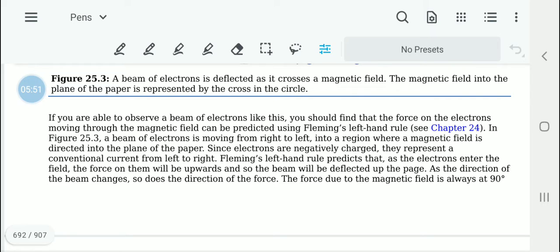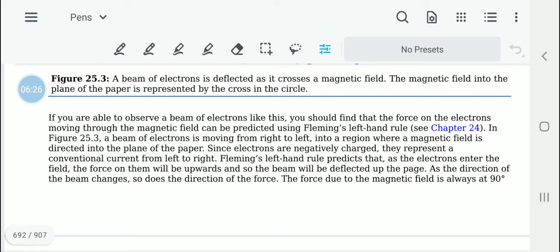The force on the electrons that are moving through a magnetic field, we can use Fleming's left hand rule to find the direction of the force. Now the electrons move from right to left, where a magnetic field is directed into the plane of the paper. So the magnetic field is into the paper. Because electrons are negatively charged,